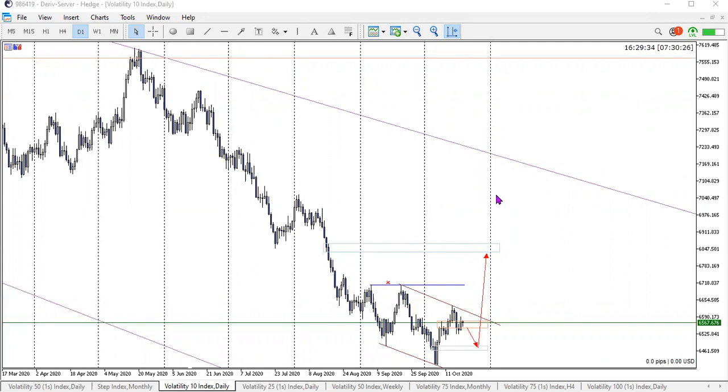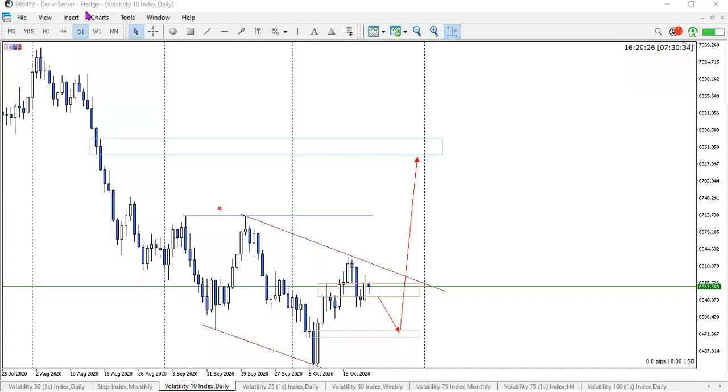But looking at the daily chart today, sorry about that. I don't know why he's disrespecting me today. Looking at the daily chart today, let me just get this box out of the way. I am looking at this specific zone that I've got highlighted in here. Let me just get my annotator.